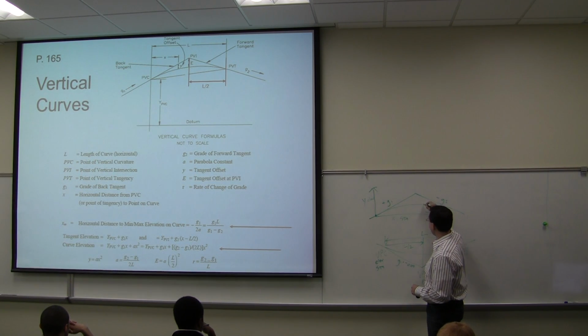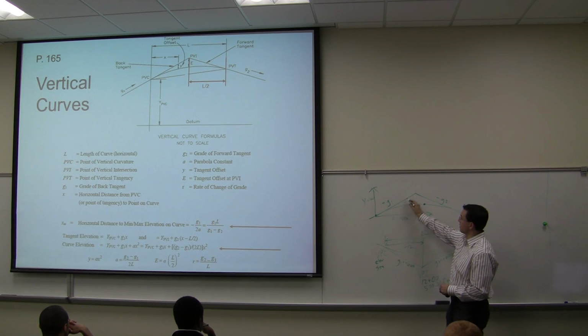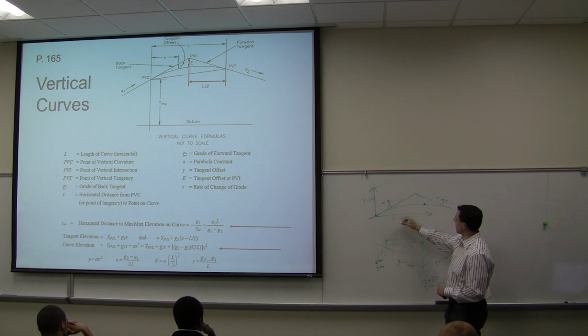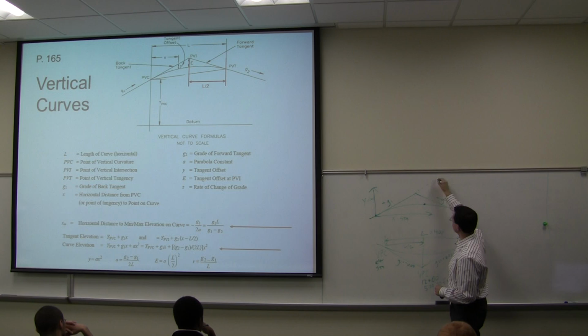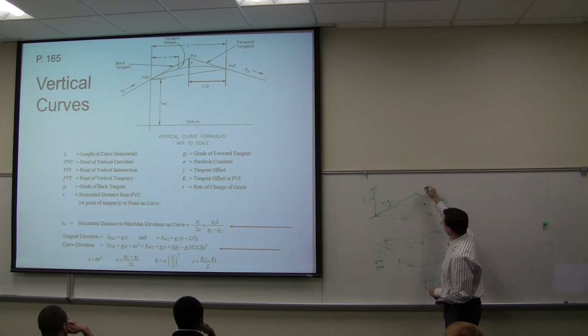Say we want the curve elevation there. That second term is just projecting along that first tangent. So you're projecting G1 times whatever your X distance is, and this is going to keep extending after you pass the VPI. So if we plugged in X, say X in this case was 500,